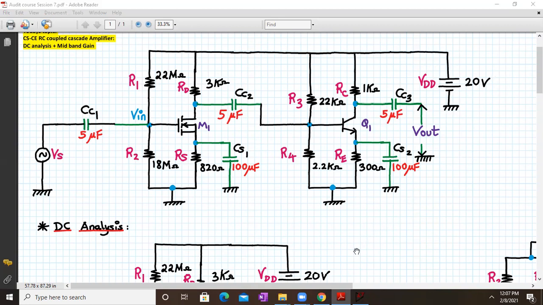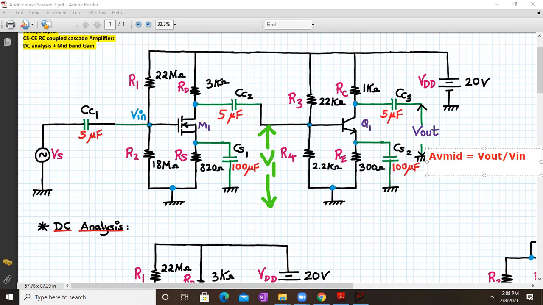So for that, let me use the annotation now. Okay. So we'll take over here V1. Let's say this voltage over here, which is the output of the first stage, we call it V1, measured with respect to ground. And this is my Vout and this is my Vs. Okay. So I am writing over here the formula AV mid will be Vout divided by Vin. Okay. So the formula is pretty straightforward.